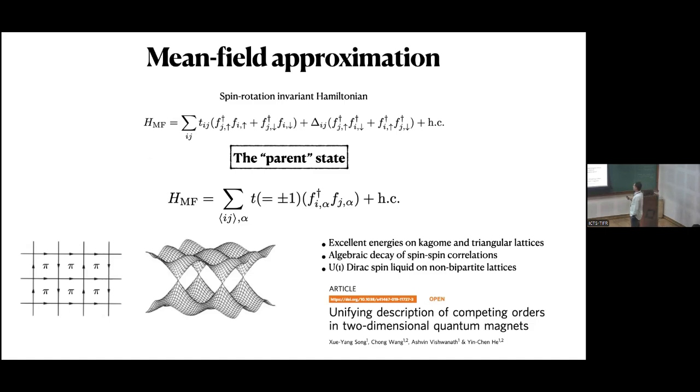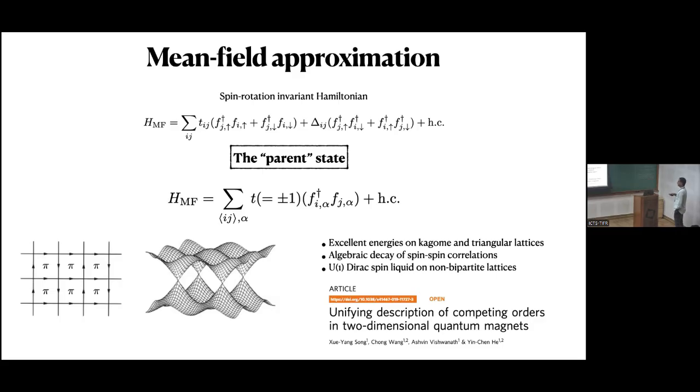So that basically, in another language, boils down to classifying quadratic tight-binding spinon Hamiltonians. What are the allowed hoppings and the pairings, and what are their phases? And it turns out that the simplest state that you can define, which is like the mother or the parent of all states, is a simple tight-binding Hamiltonian with a pi flux threading through the square lattice,